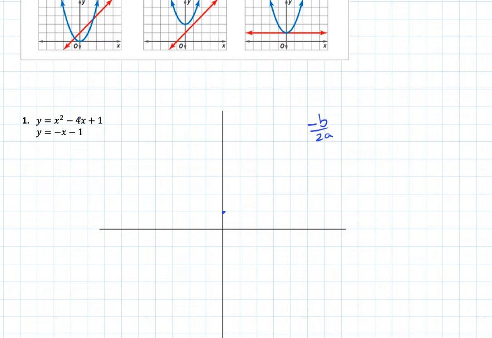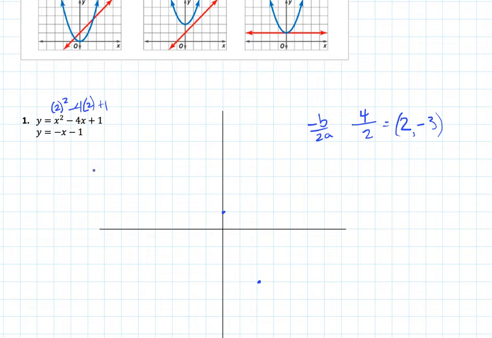So I have negative b is a positive 4. And 2 times a is 2 times 1, so 2. So I have 2, and that's my x value of the vertex. And then I need to plug that 2 back in to find the y. So I will go ahead, 2 squared minus 4 times 2 plus 1. So I have 4 minus 8 is negative 4 plus 1 is negative 3. So this is my vertex at 2, negative 3,